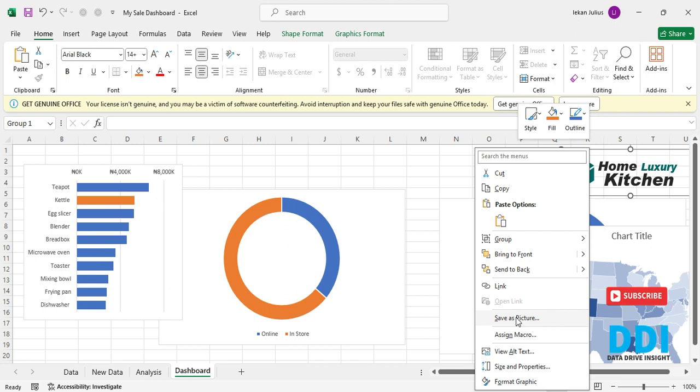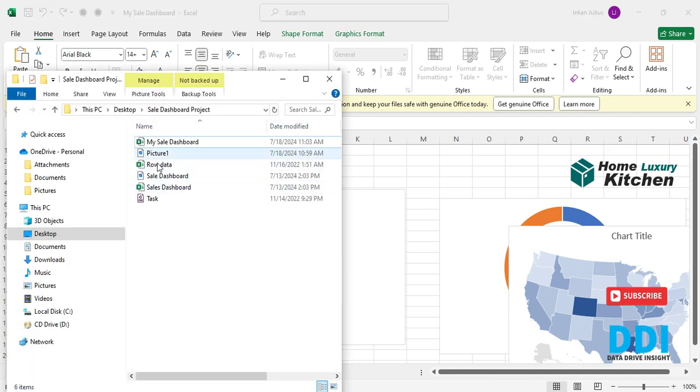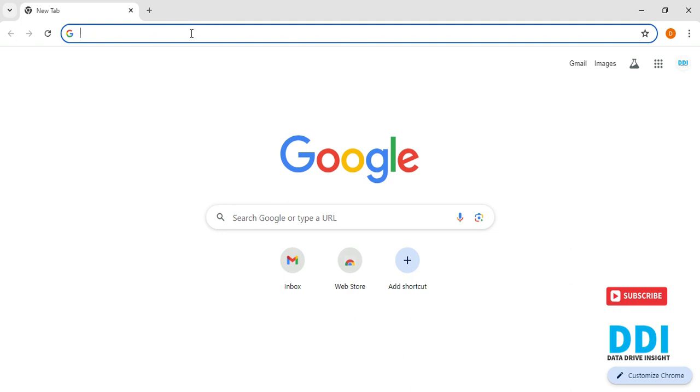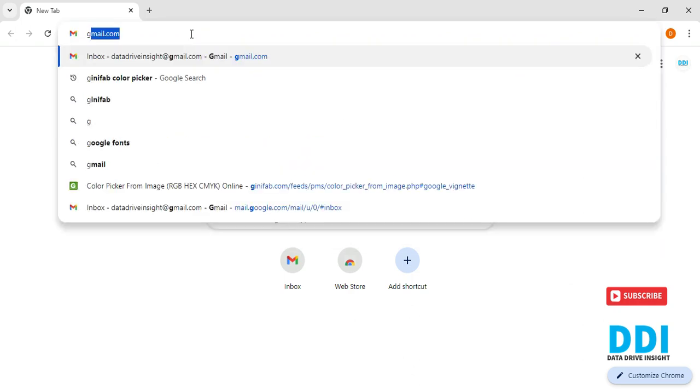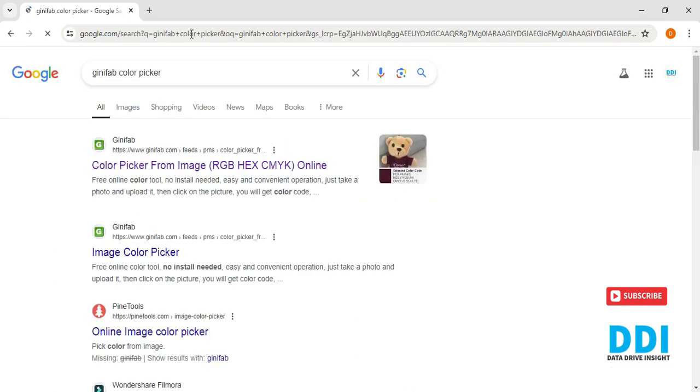You should see my screen. Once you click save as picture, all you need to do is choose your directory. I don't need to save it as a picture anymore, I have a copy already. I've saved it already. So this is picture one. Again, the next thing you need to do is open your browser, then search for Guinea Fab Color Picker. You can see that. Once you see that, click on the first one, which reads